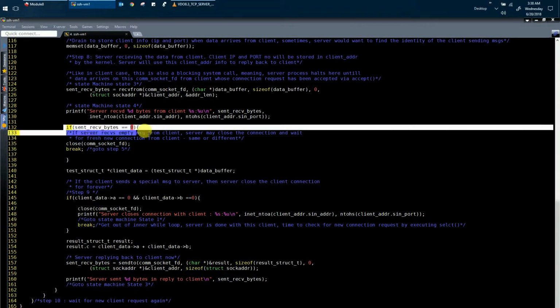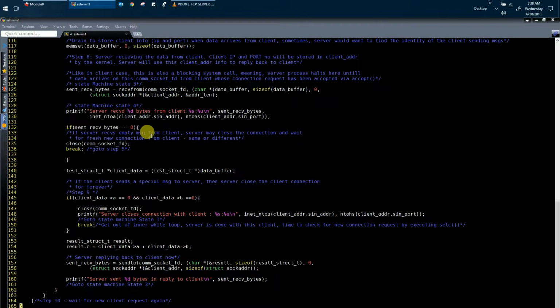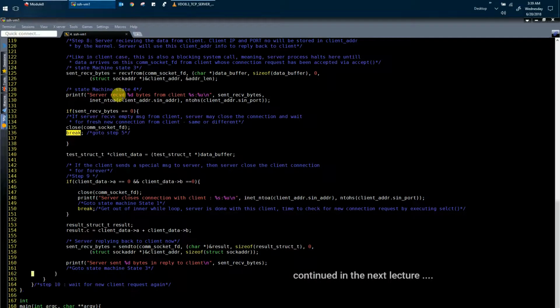Now here we have taken it as a special condition that in case the client sends us zero bytes, then the server will assume it as a termination condition. That is, the server will conclude that the client does not want to communicate with the server anymore. So the server closes the connection with that particular client and the server comes out of the inner while loop. But in this case, let us suppose that the client has really sent some data to the server. So the data that is sent to the server is actually stored in the data buffer, right? Now